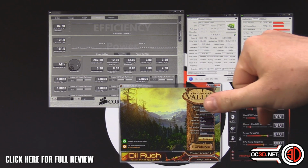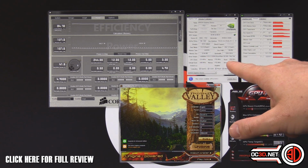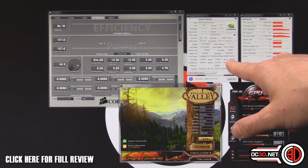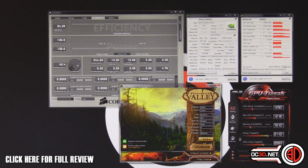So what we then see is, here we go, 1214, the boost 1290. But, and this is the critical thing, we look up here: 1429.4 megahertz once the GPU Boost 2 has kicked in. So 1.4 gigahertz with your 980 Ti, absolute blinder. Wicked little overclock that. We can see that it did put the power target up by 25 watts to